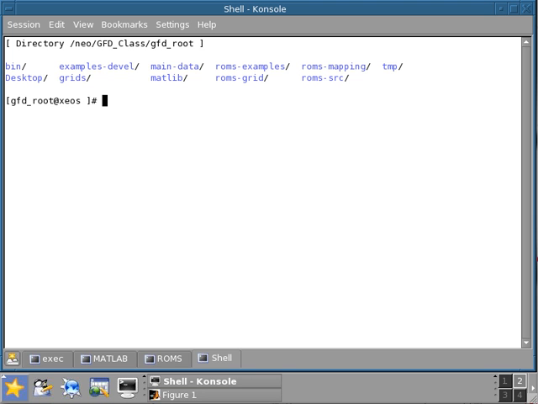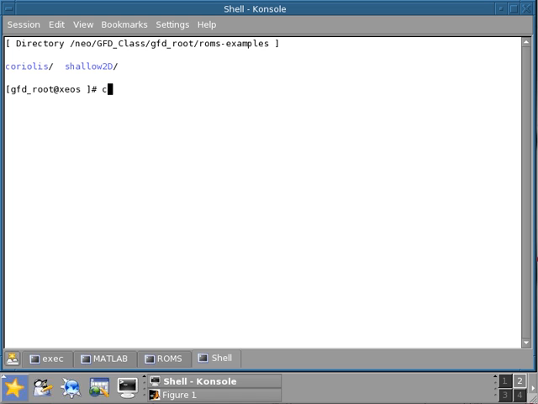Now, so I'm logged in the cluster, and this is my main directory. We will go in the ROMS example directory, and once we go there, there's a new directory called shallow 2D, which is where I'm going to run my shallow water simulations. If I do an ls, here I have the usual directory structure with the bin, input, matlib, the output directory, and the scripts directory. So we're going to go in the matlib directory, and we're going to begin building this